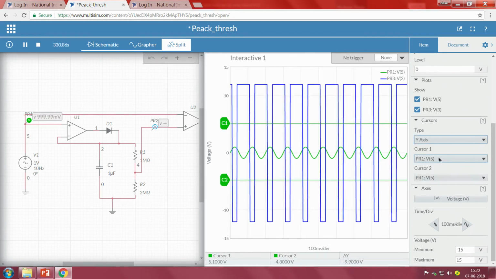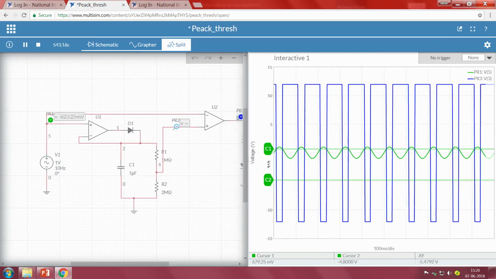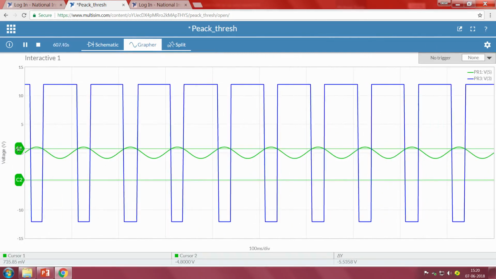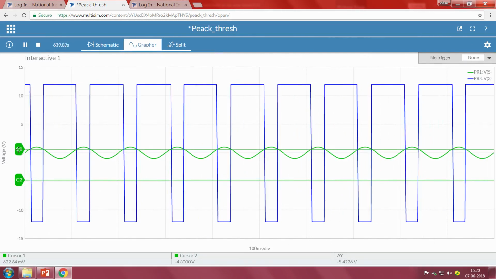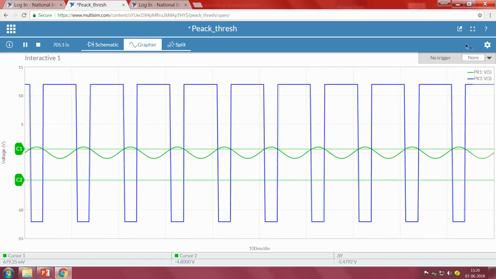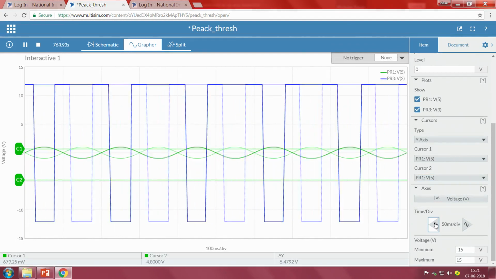I will take the y axis cursor and keep it somewhere around, if we observe the cursor value, it should be somewhere around 666 millivolt. Okay, somewhere around roughly 679, and let me zoom a little bit so that it is easy to understand for us.